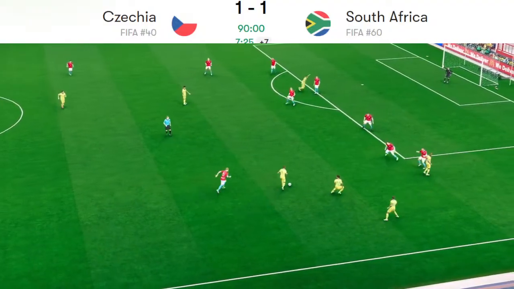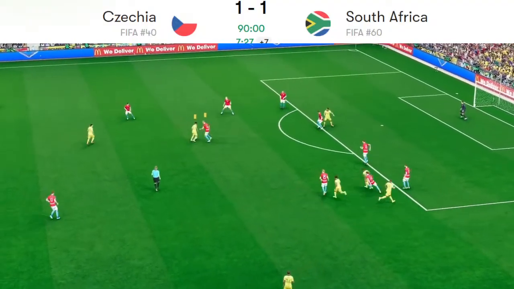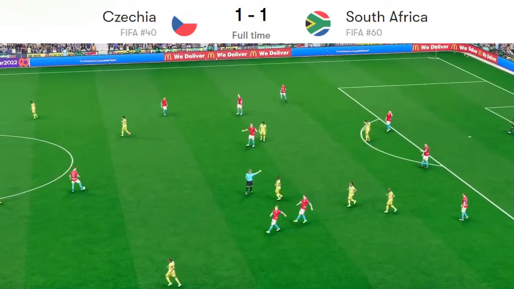Sadilek put Czechia in front in the opening 6 minutes. Good finish underneath the goalkeeper, but South Africa's